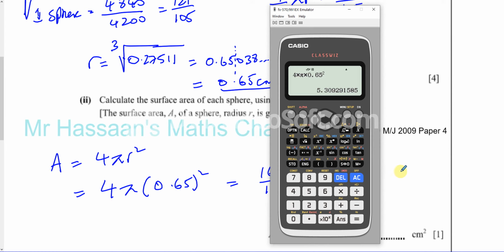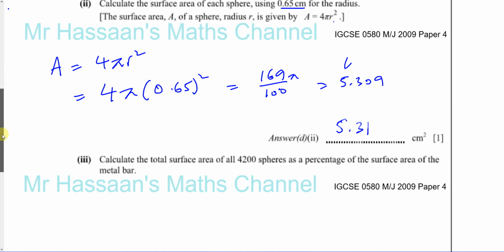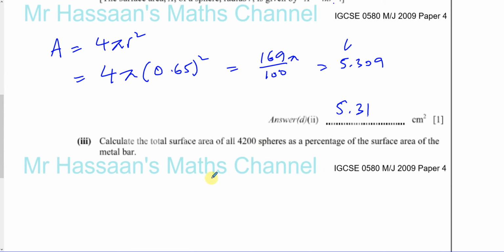So you're going to get 5.309, which gives you 5.31 centimeters squared. That's the surface area of each one sphere. Okay, now calculate the total surface area of all 4,200 spheres as a percentage of the surface area of the metal bar. Okay, so we've got to find the surface area of all 4,200 spheres, so the surface area of the spheres